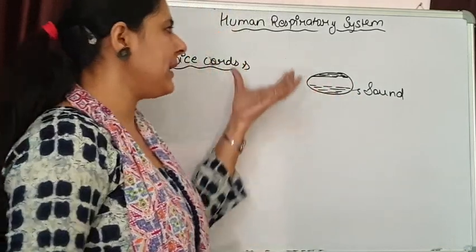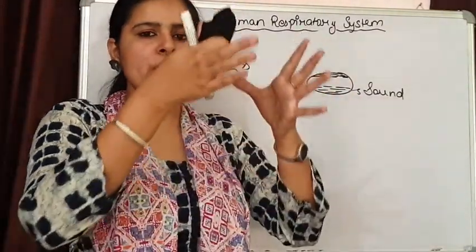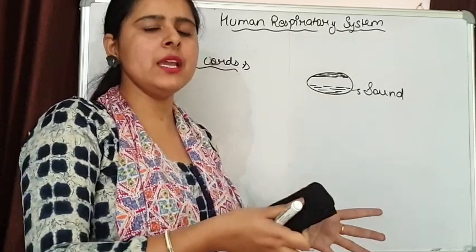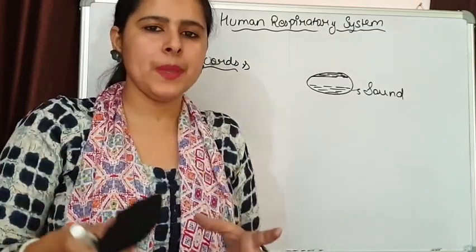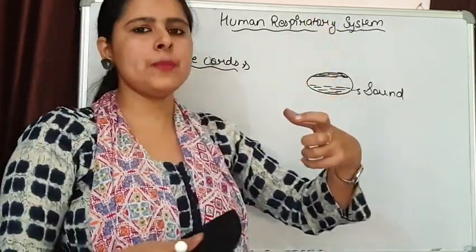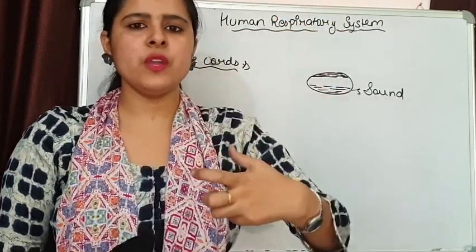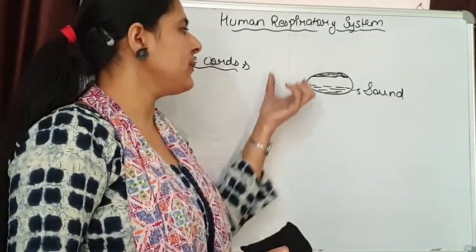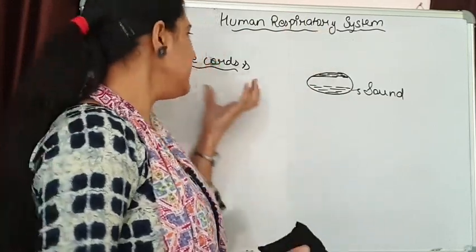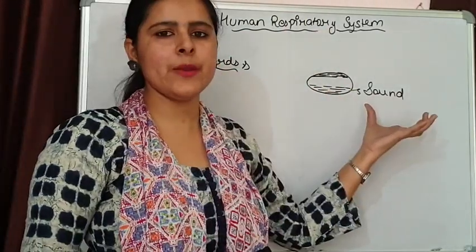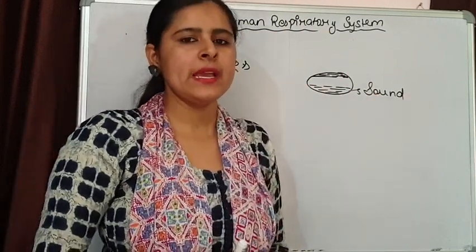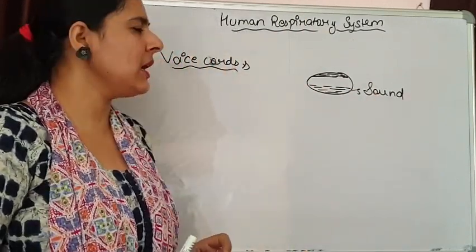So this is how the larynx is present, made up of various types of cartilages. Some cartilages are present singly, while some are present in pairs. All these cartilages are present in a specific manner, plus they are joined to each other by different types of ligaments, and most importantly voice cords are present that help in the production of sound. The rest of the structure we will discuss in our next class.